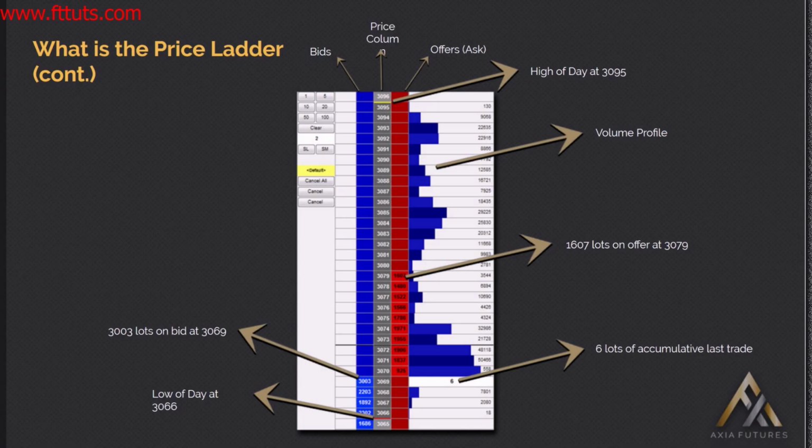Now, if the market were to trade the offer, if the market were to lift the offer, it would first go green on your TT platform. So the first lot that goes through, or the first clip that goes through, will highlight green, and then every clip thereafter, provided it's still trading at that price, will be accumulated, and the color will change to